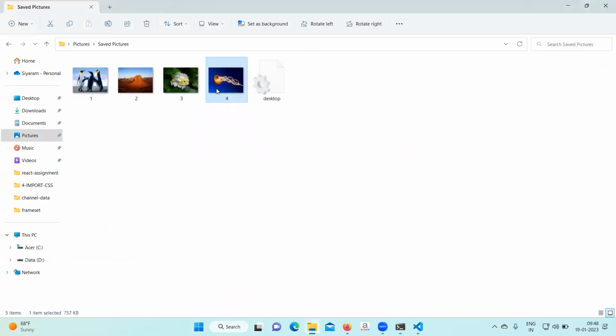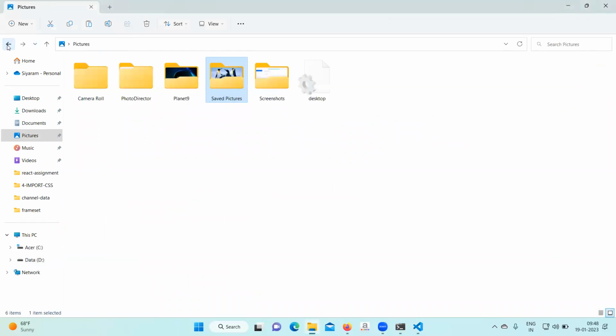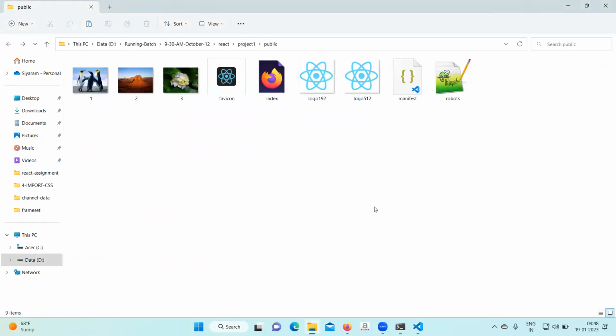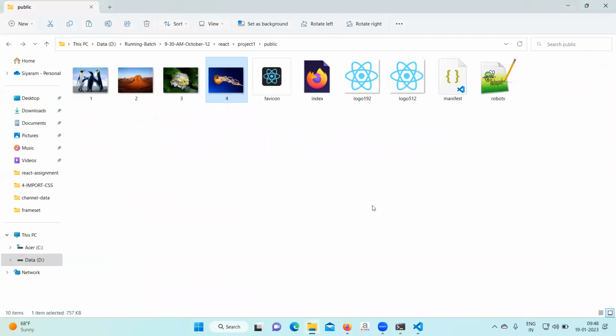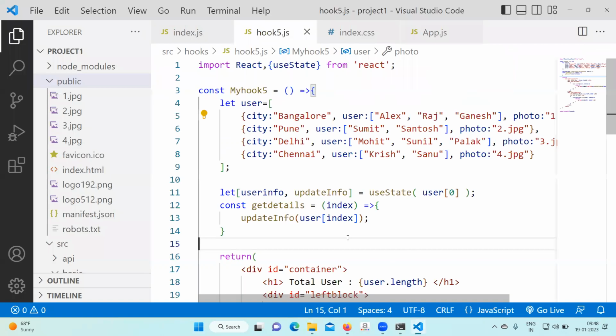You can keep some 4 photos in the public folder. Added in public folder. Next, after that,